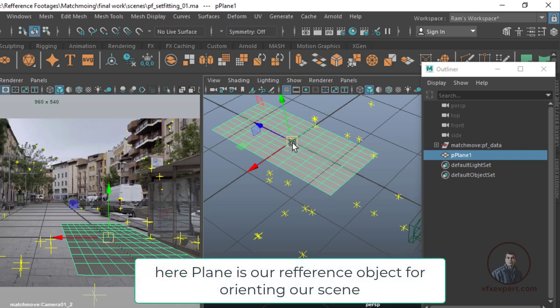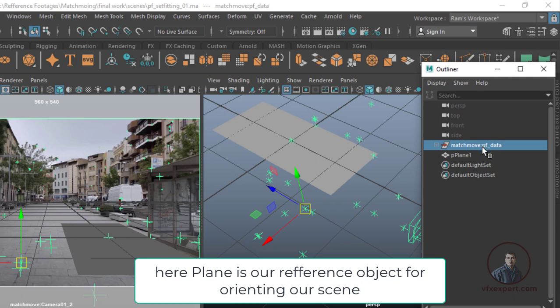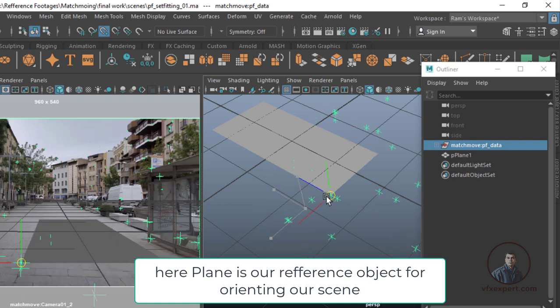So select it and press D and V. Finally I am going to select our scene group again, and now we have to snap this scene group onto our plane's corner vertex. You can also see it in camera view. I have selected this one and pressed V. Now I am snapping our scene group onto our plane's corner vertex. Hold V and snap, so you can easily see it in camera view.